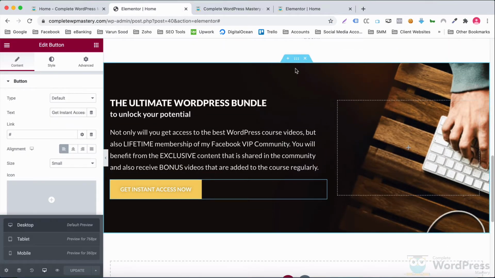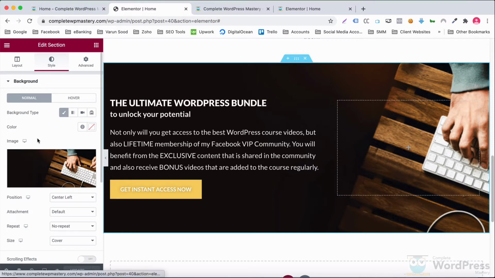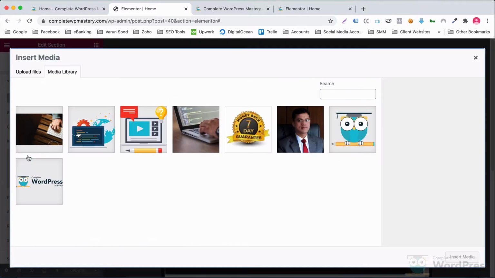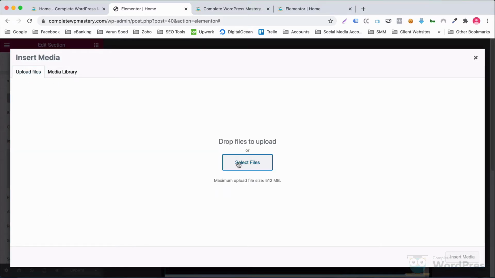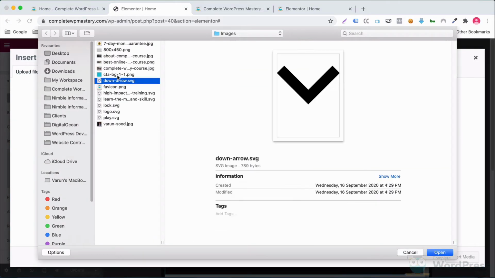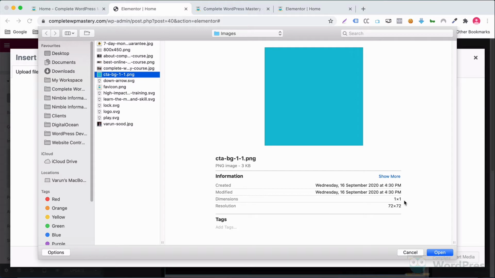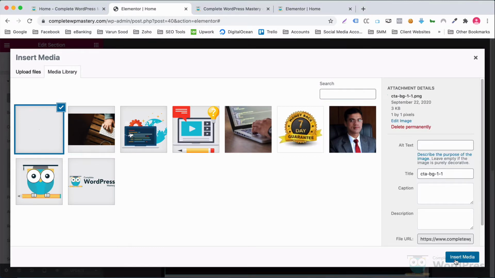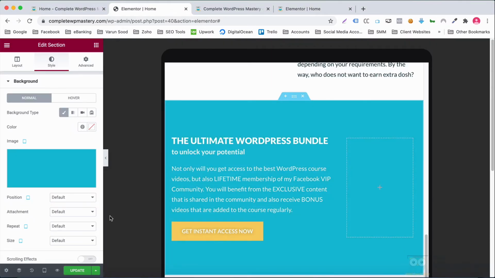First of all, change the background image of this section in the tablet and mobile view. I'll upload a blue colored image, 1 by 1 pixel in size. And set it to repeat so that it covers the entire section.